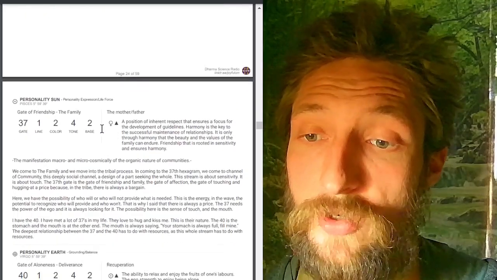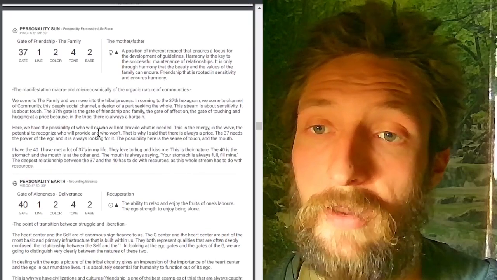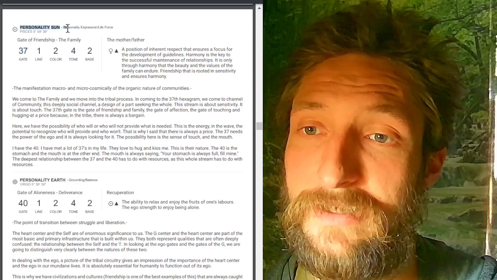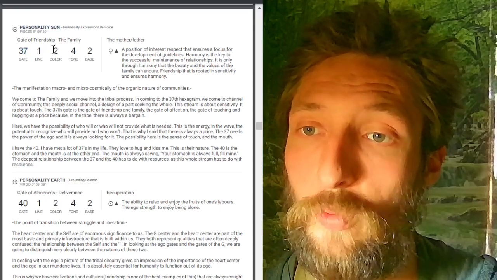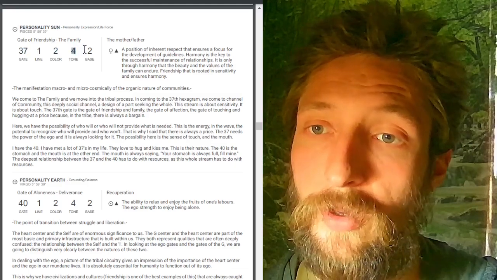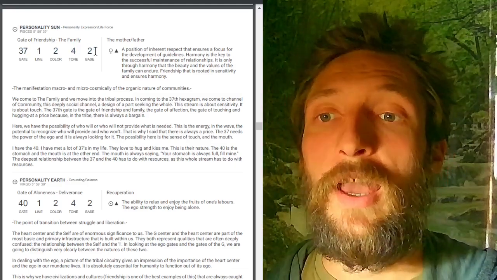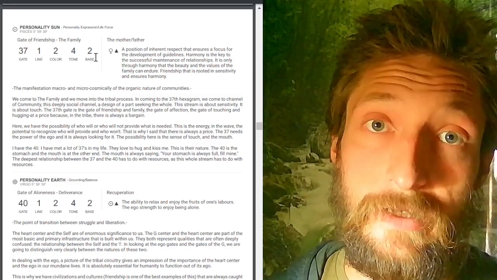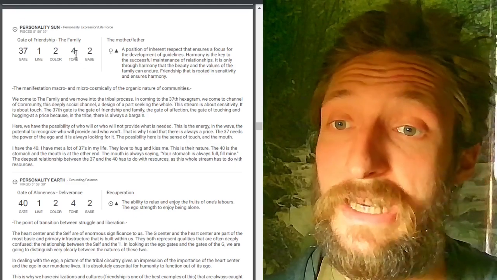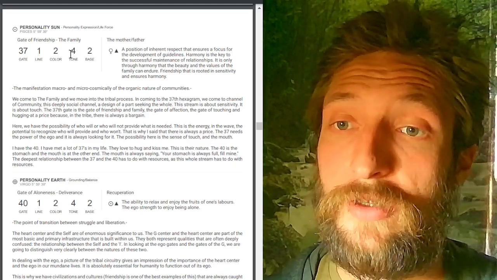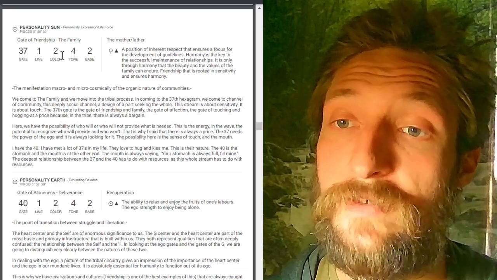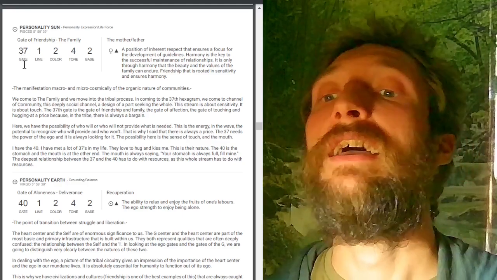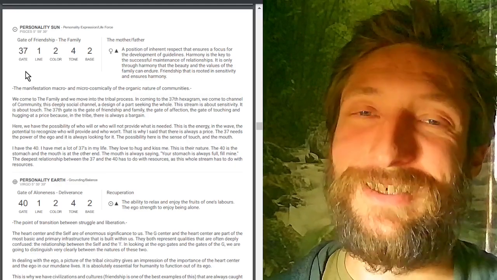And then, and this is a major factor, down here we have each and every individual gate. You can see I'm a 37 in my personality sun in the first line with the second color and the fourth tone of the second base. And so going into what all of that means, that's what we can talk about directly if that's really important to you. Because each one of these layers, the base orientation, the tonal intelligence, the color transference, and the line on the surface of a specific gate, it adds a lot of nuance and understanding to what's going on